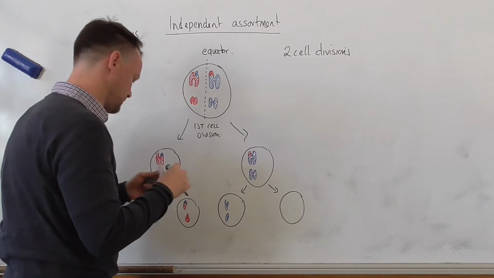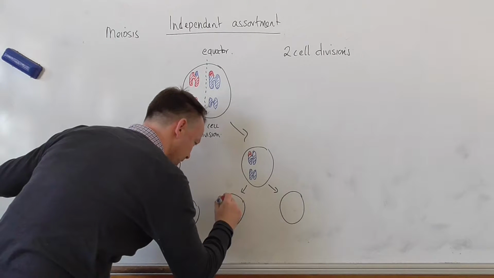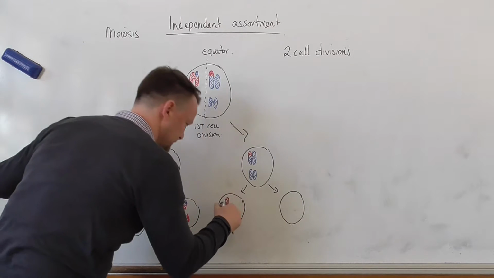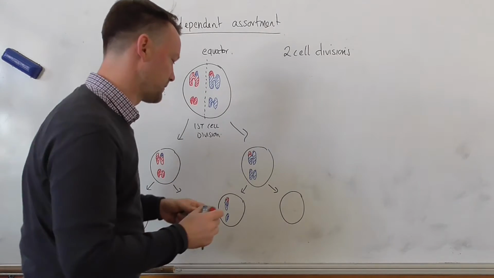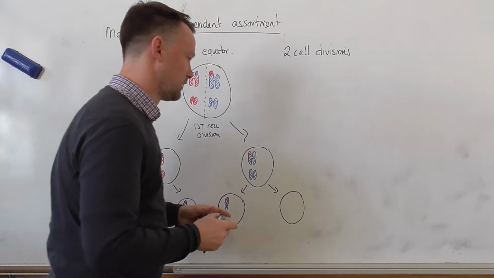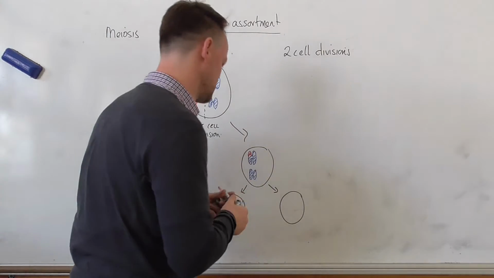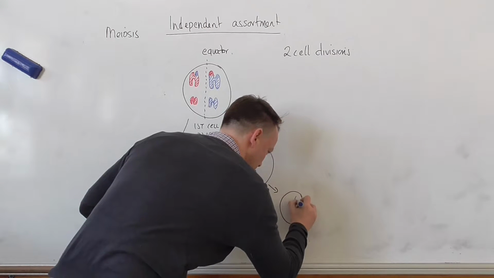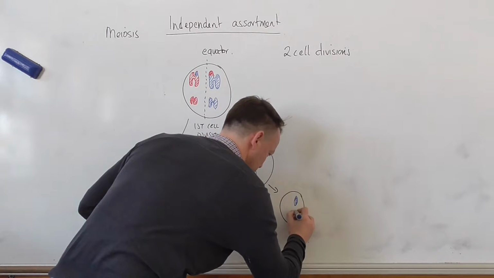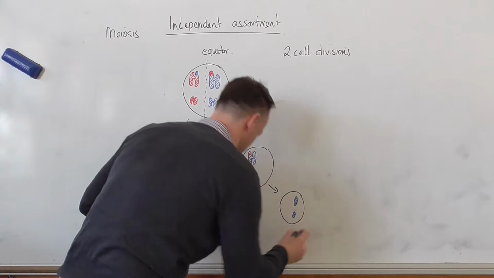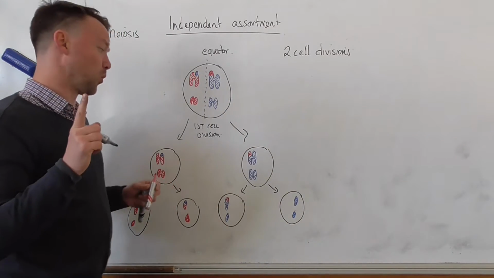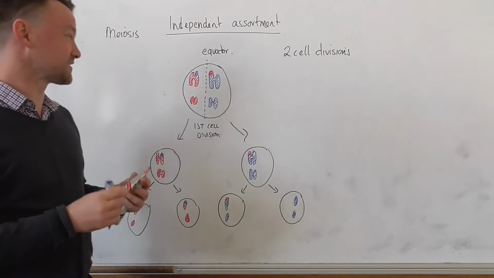Notice that it's not a homologous pair anymore. These are single chromosomes, they're not a pair because they're not the same size and do not contain the same genes. So this is why the chromosome number has been halved, and there are no pairs. So that's scenario one. Scenario two